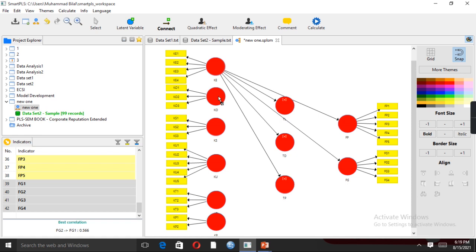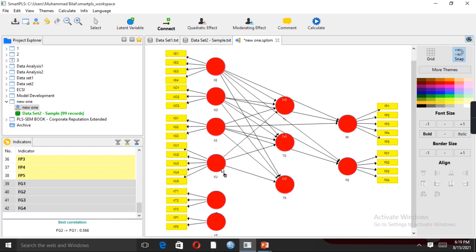And similarly our second independent variable, which is knowledge organization, impacts team learning, team development, team performance, firm performance and firm growth. So similarly, the rest of the independent variables also impact all three mediator variables as well as the two dependent variables, like this. Knowledge storage impacts team learning, team development, team performance, firm performance as well as firm growth. So similarly, we will connect all these links of independent variables with mediator variables as well as our dependent variables, like this.